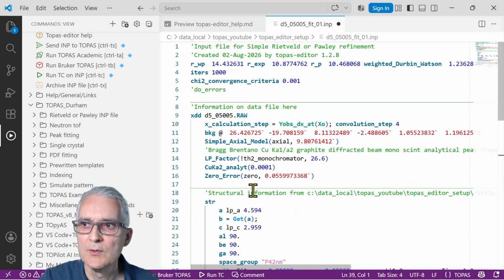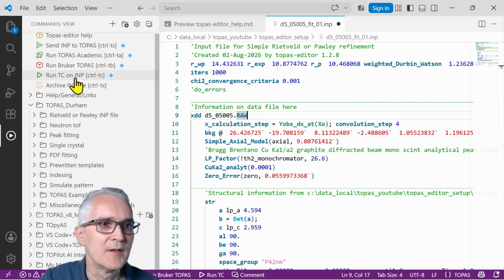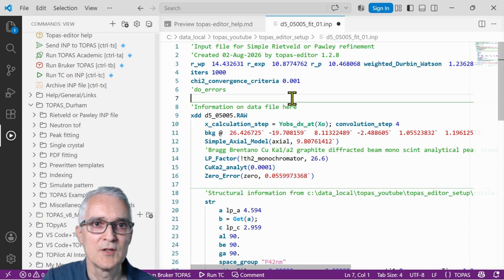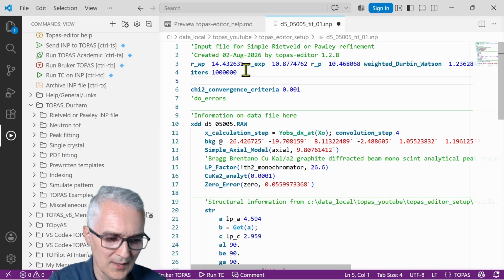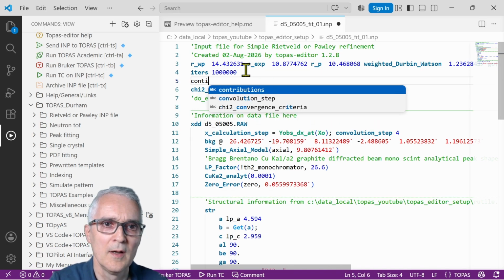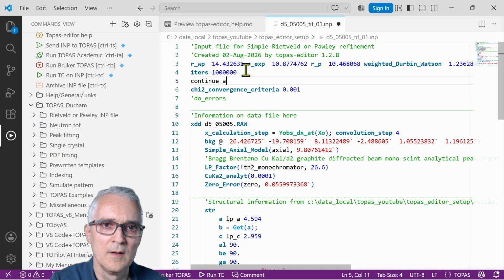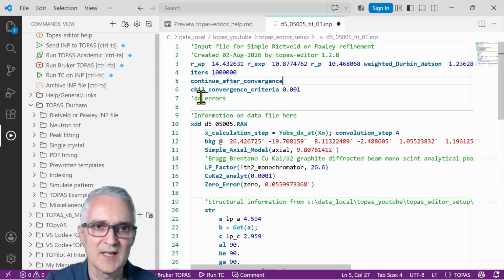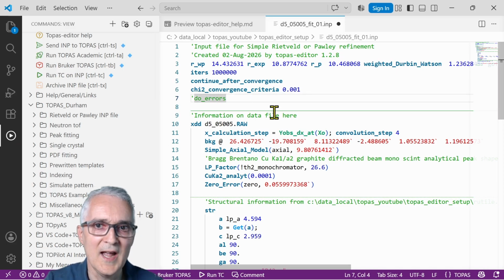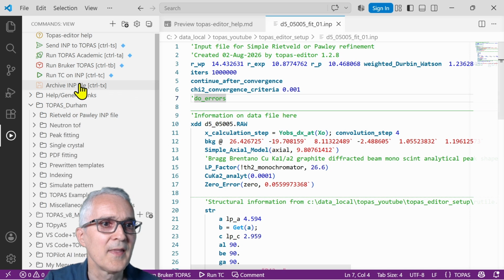What you can also do in Topaz Editor is you can now run TC directly on an input file, so you don't even need to go through Topaz Academic. So let me just set the refinement up to, say, do 100,000 cycles of refinement, and I'll continue after convergence so that it does lots of cycles of simulated annealing. And so if I save that file with a Control S on my keyboard,